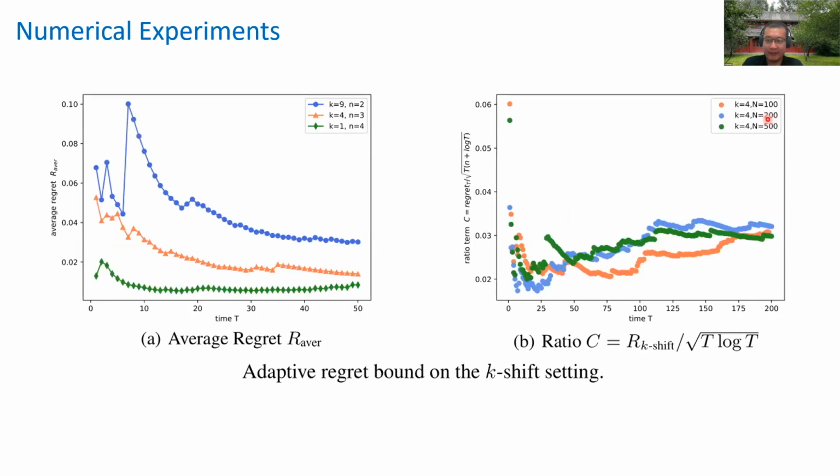Similarly, we also conduct numerical experiments for the adaptive setting. For the adaptive setting, this is really a figure that I like. For the K-shift setting, we also construct this kind of asymptotic bound. You see, for different settings of the experiments, everything converges to roughly 0.03 here. So this suggests that our theoretical prediction is good in an asymptotic sense, and the average regret is also converging to 0. So these are some demonstrations of our dynamic and adaptive regret results.